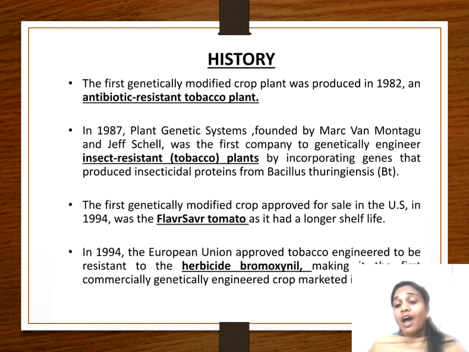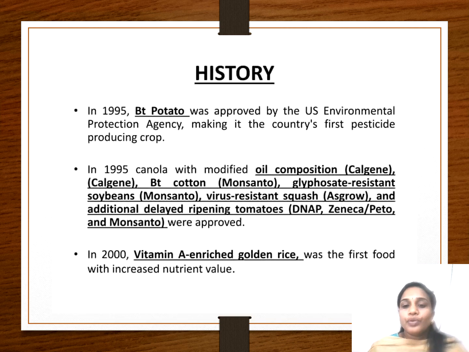The first genetically modified crop approved for sale in the US, in the year 1994, was the Flavr Savr tomato, as it had a long shelf life. In the year 1994, the European Union approved tobacco engineered to be resistant to the herbicide bromoxynil. So in the year